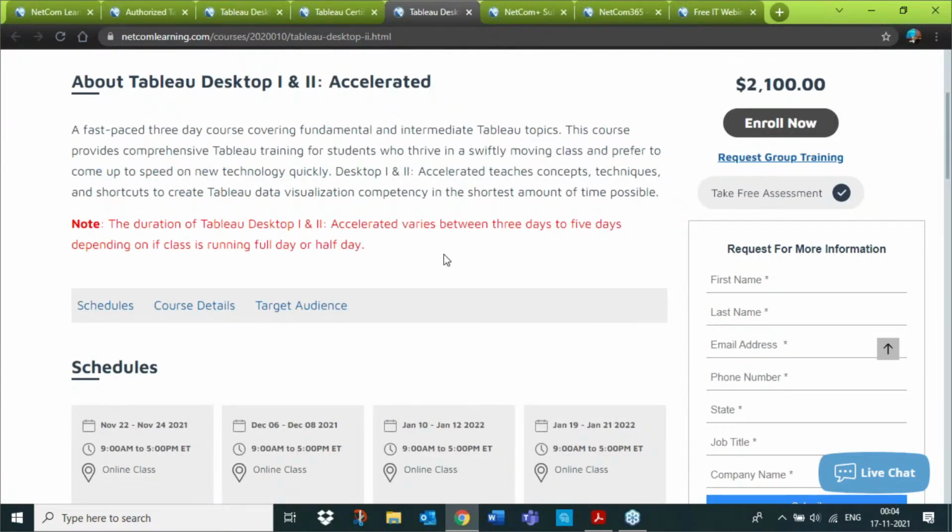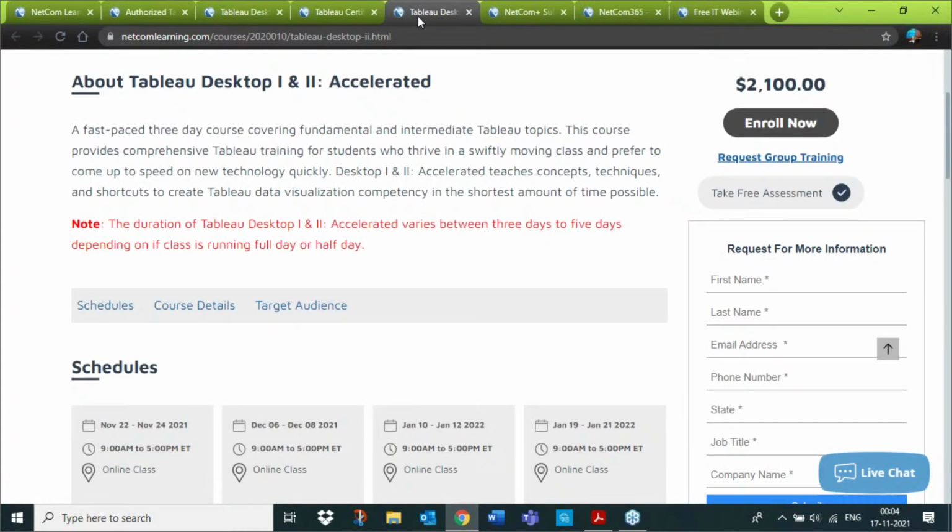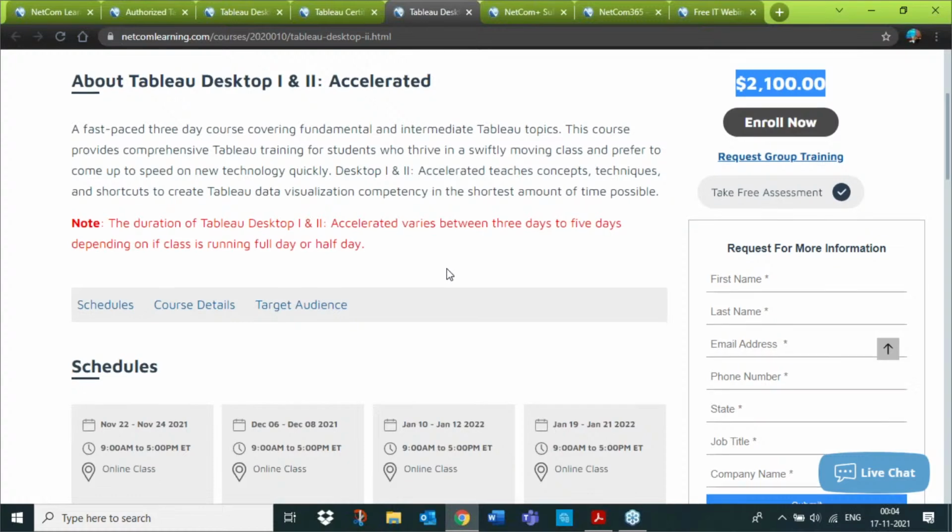The second advantage, like I mentioned, is the cost effectiveness. Traditionally, if you go for desktop 1 and desktop 2, the cost of both is more than the one mentioned here on the accelerated page. So simply stating, accelerated course is nothing but the cost effective, fast paced learning training course for you to attempt